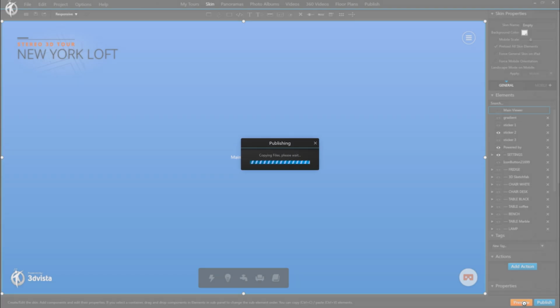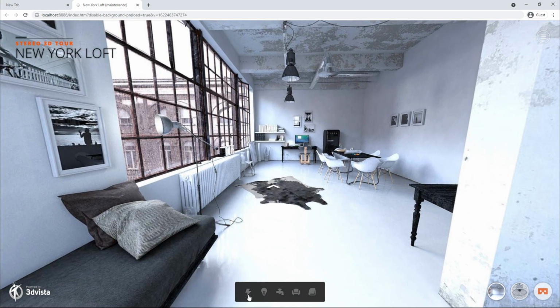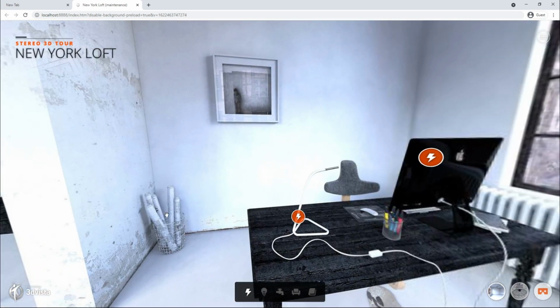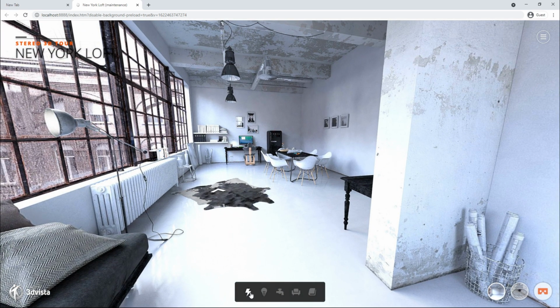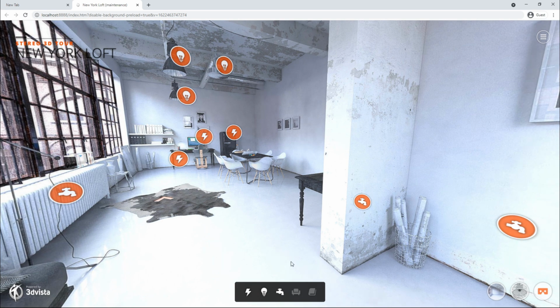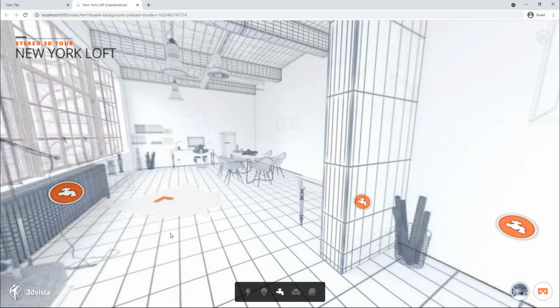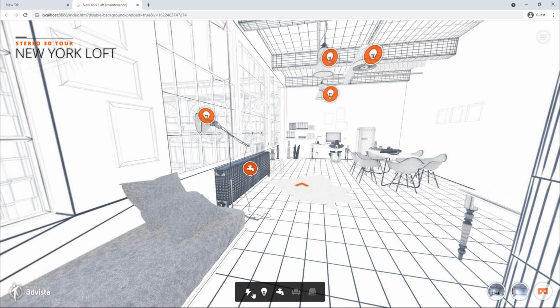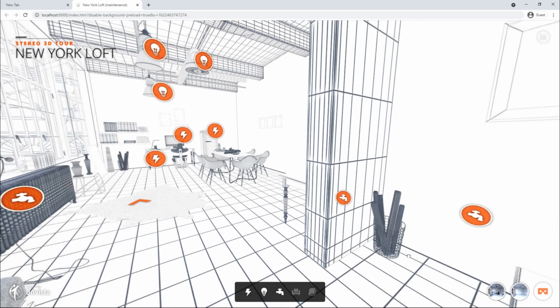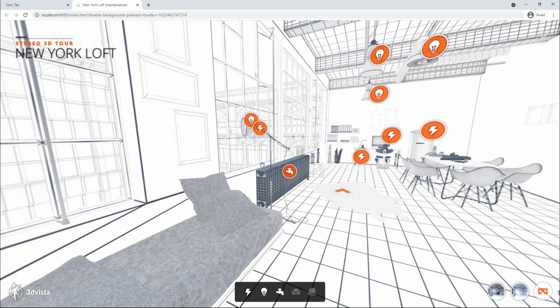Now, if we click preview, as you can see, all hotspots are hidden, and when I click, they'll show. And even if I change the panorama, it maintains that hotspot visibility, and the functionality of the buttons is, of course, the same. So this is just one application where you can see that working with groups and tags tremendously facilitates our workflow and makes creating large projects so much easier.